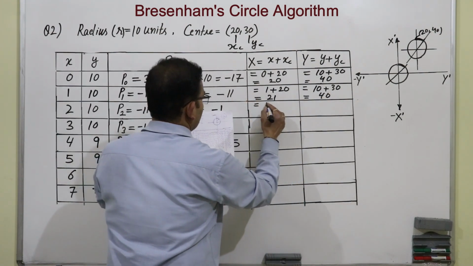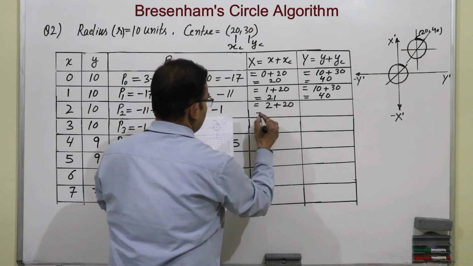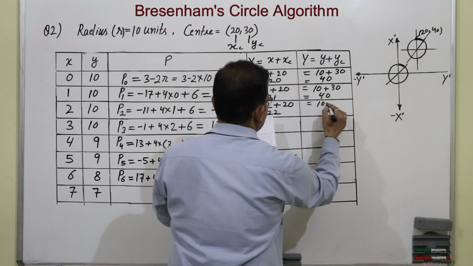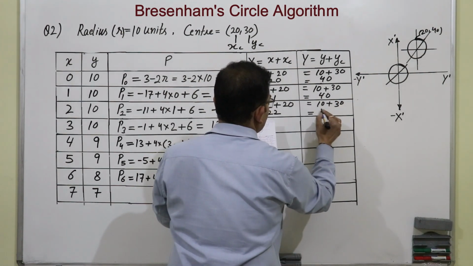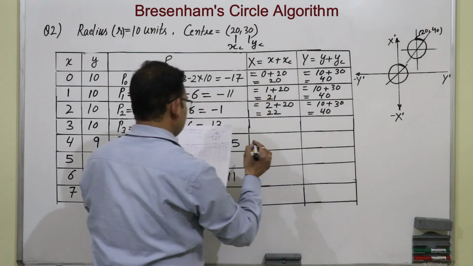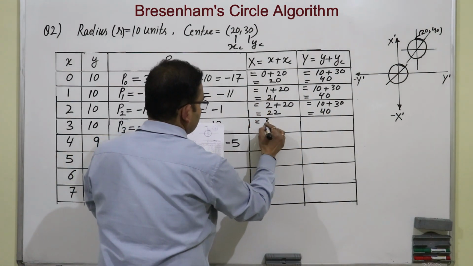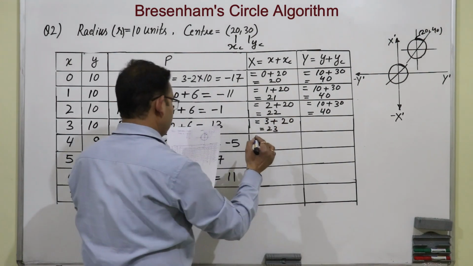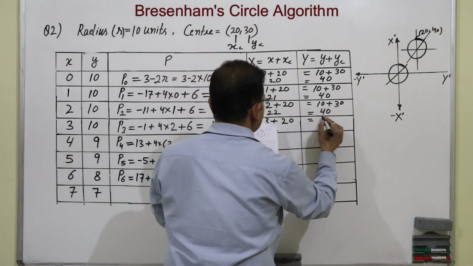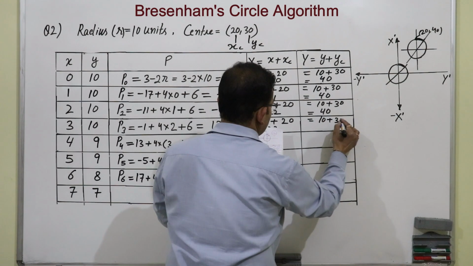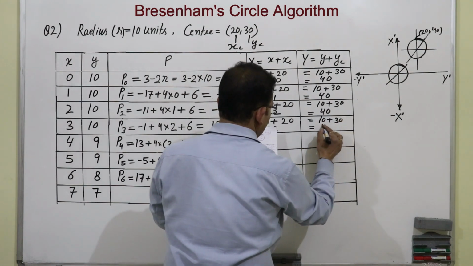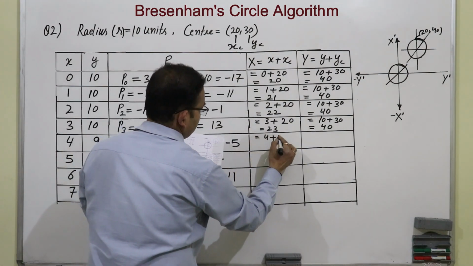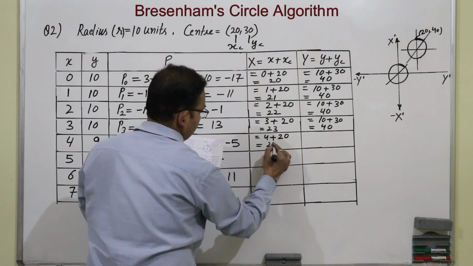Then 2 plus 20 equals 22, 10 plus 30 equals 40. 3 plus 20 equals 23, 10 plus 30 equals 40. 4 plus 20 equals 24,